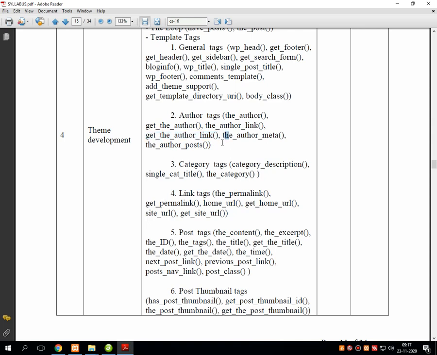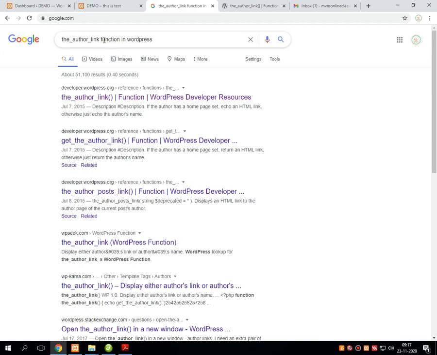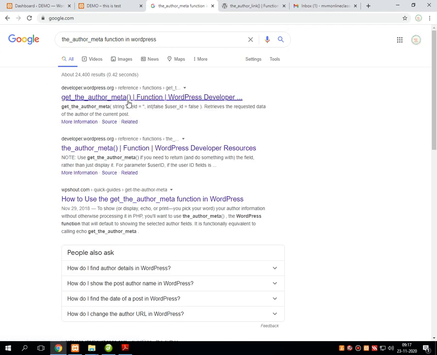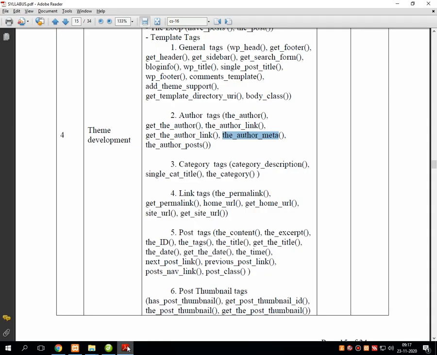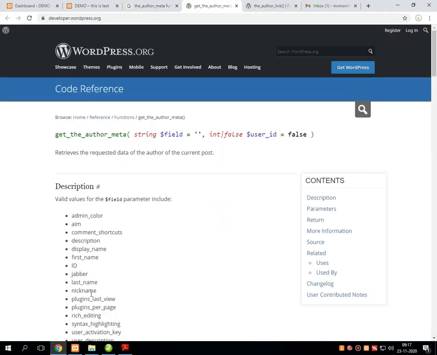Let's have an idea about another hook, that is the_author_meta. This particular function retrieves the requested data of the author of the current post.